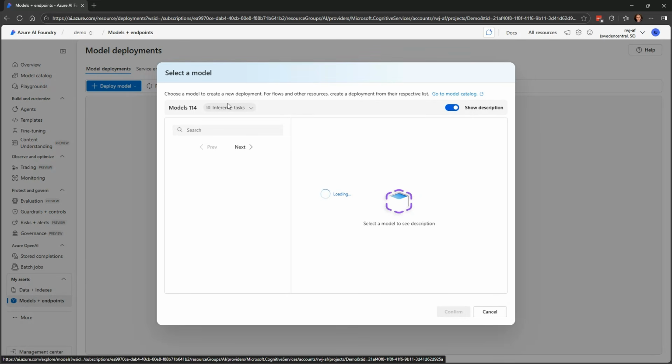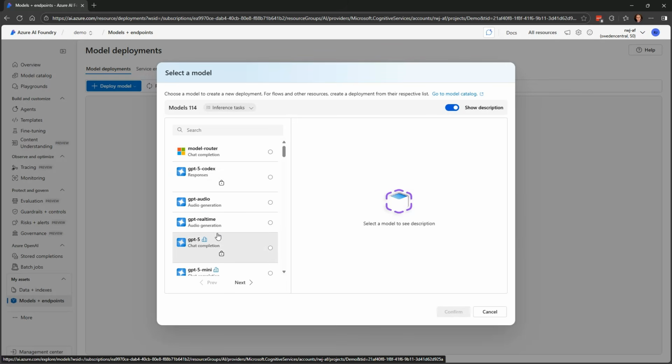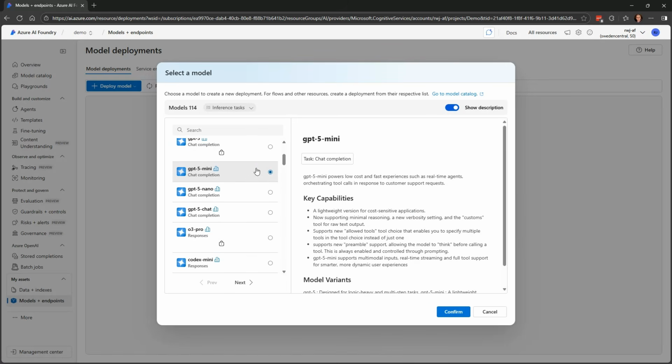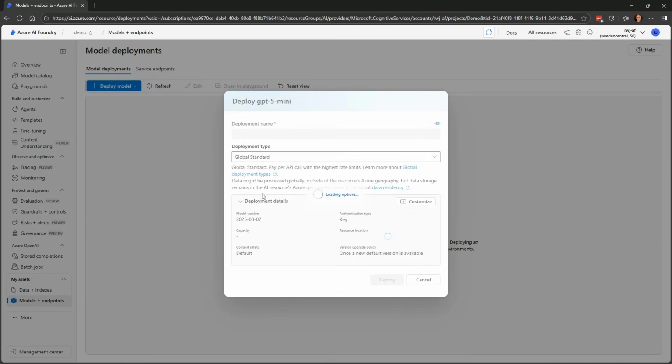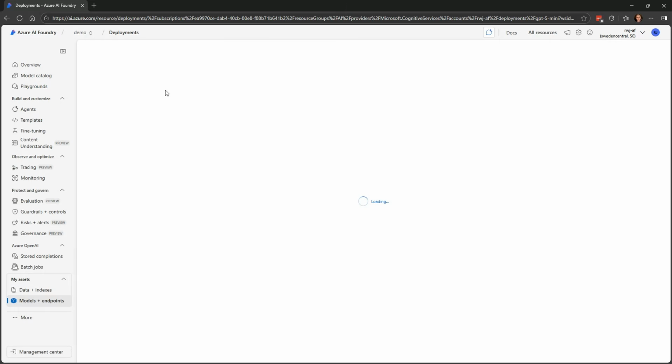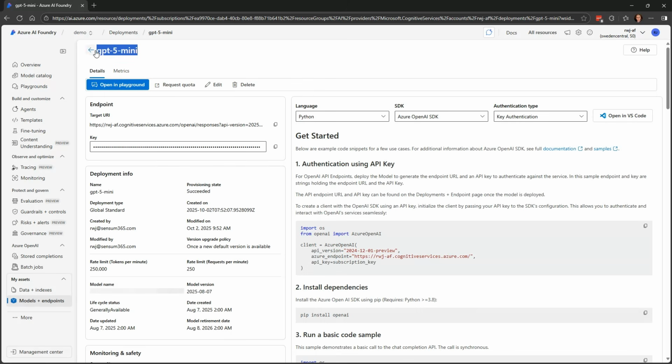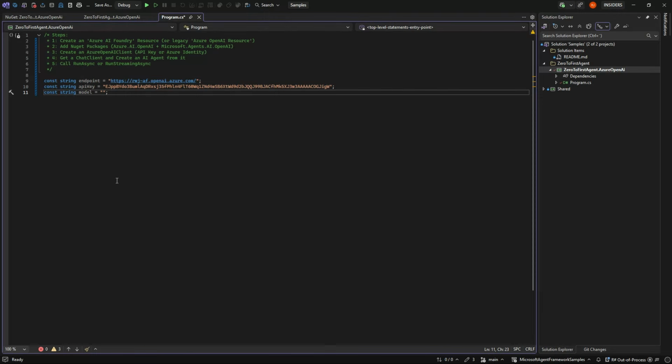The framework can use all of the models, but I'm just going to choose randomly here a ChatGPT 5 mini, so we don't need to wait too long for thinking and stuff. So I'm going to grab that name and paste it in here. There we go. So that is actually step 1 and step 2, and we are ready to begin coding.